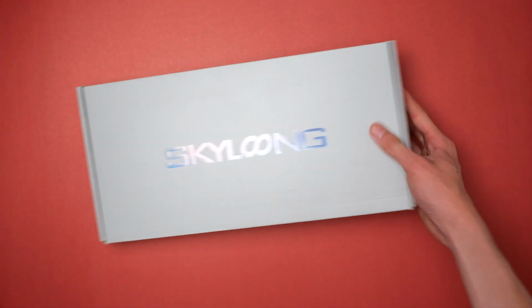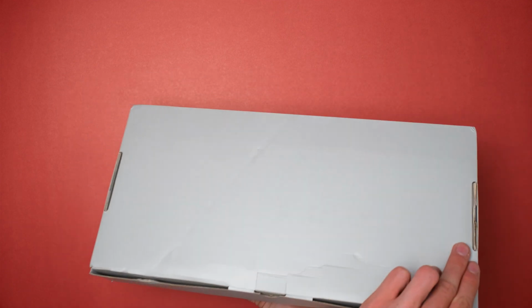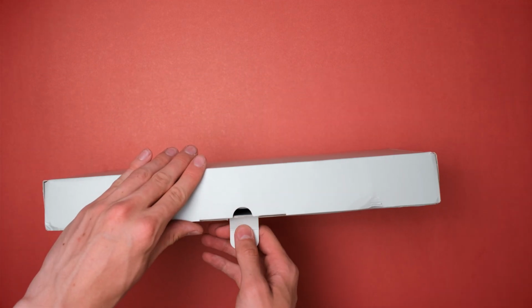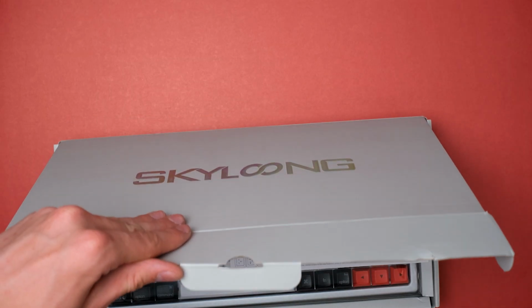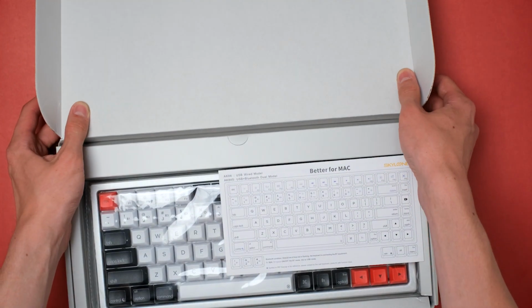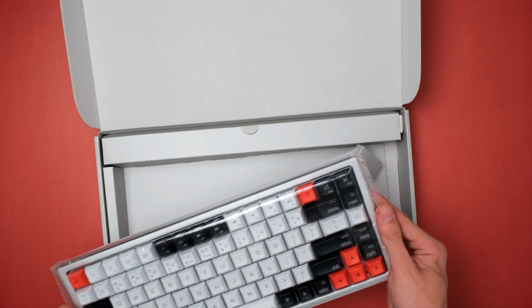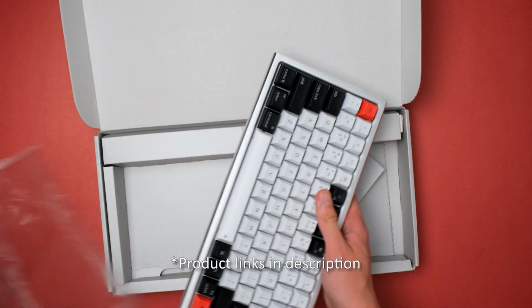Let's start by unboxing, because there's nothing more exciting than opening up a new product, or watching someone else do it. Inside the Skyloom branded packaging, we are immediately presented with a manual. That's like so... we don't need that. The keyboard underneath is what we're really after, of course. This is Epomaker's AK84S, available now on Kickstarter starting at...